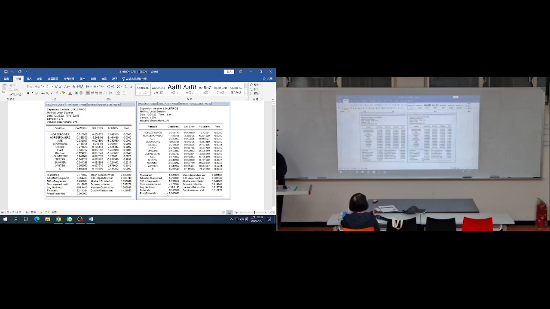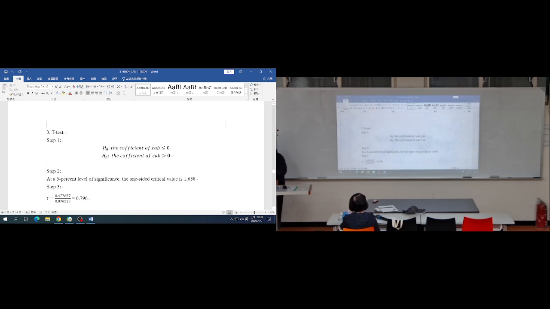And the third step is the t-test. According to the literature, the coefficient of cap has a positive relationship with price. So we hypothesize this alternative hypothesis: